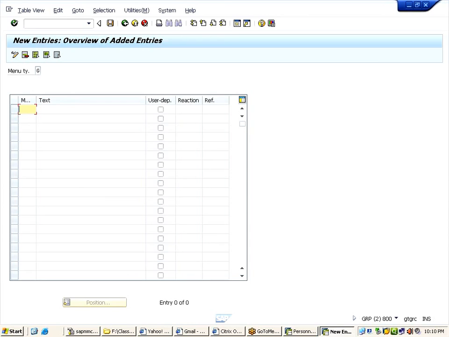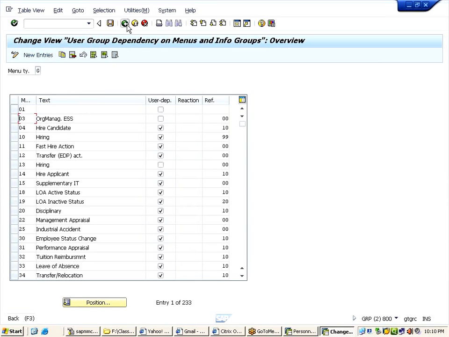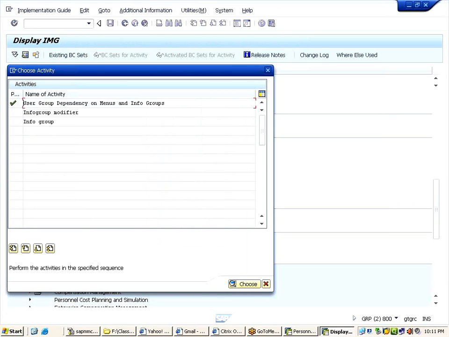I will enter 77 for it also. Why? All my entries should be under one user group only, as I said yesterday. I am putting it under 77 and saving it. Back. Back. So like this you have to create the info group.